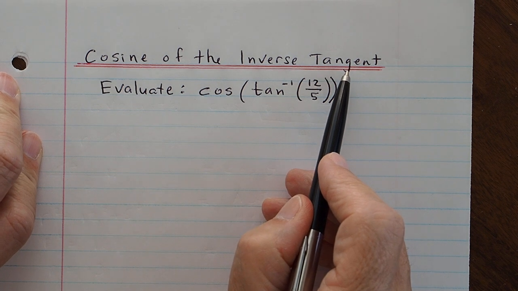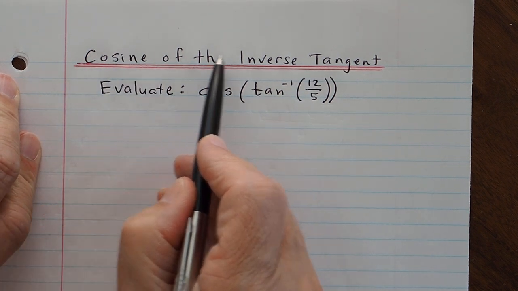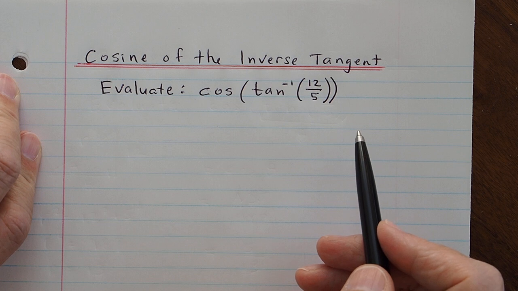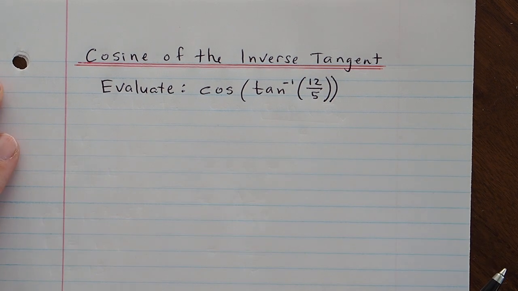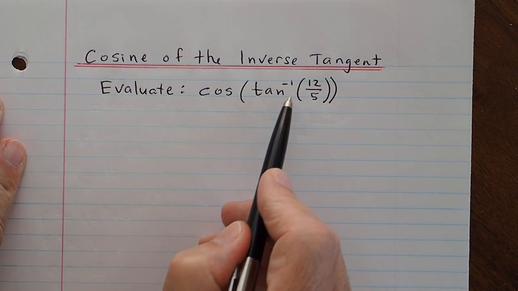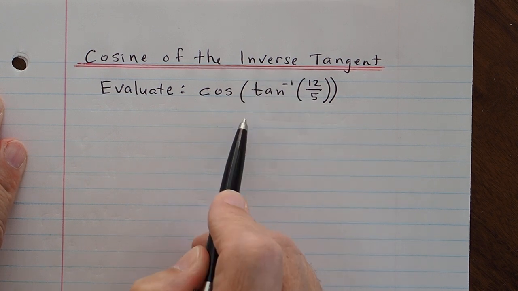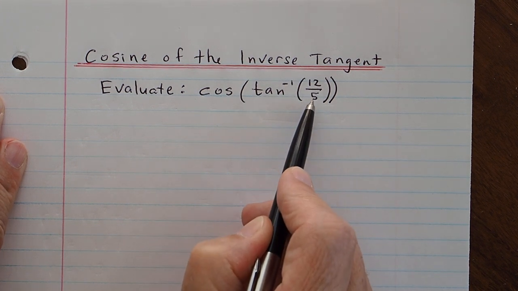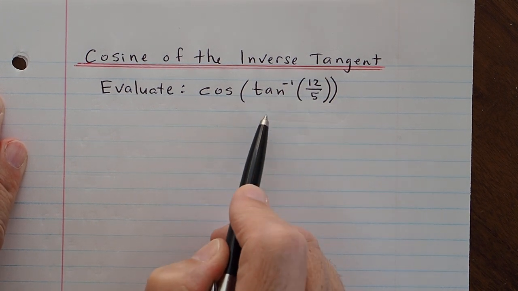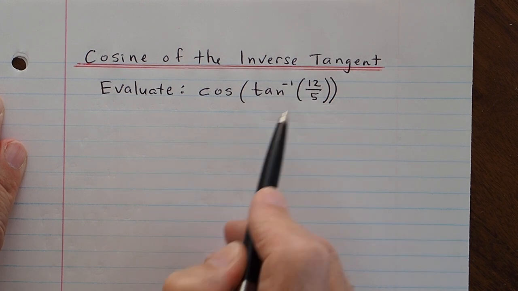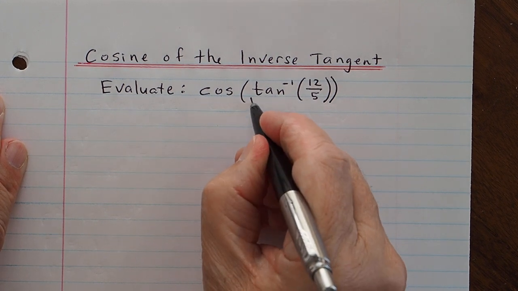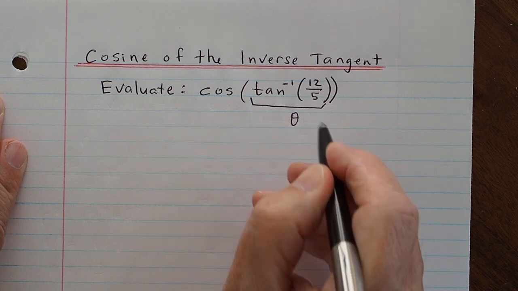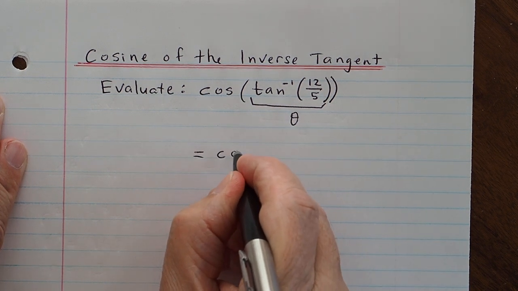But really I want to talk about any trig ratio of the inverse trig ratio in general. We'll start with this example though. Please evaluate this expression. Well, if we delve deep into the brackets, we find inverse tan of 12 over 5 in here, and that represents an angle whose tangent value is 12 over 5. So I'm just going to temporarily call that theta, and then say we'll have our answer if we can evaluate